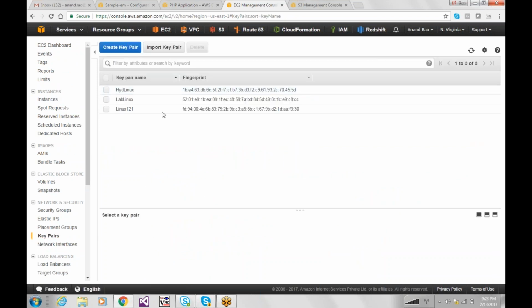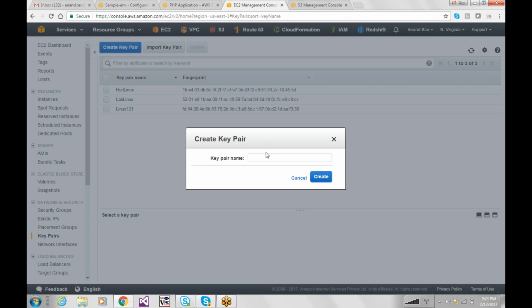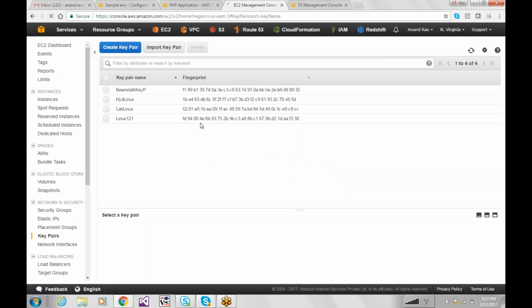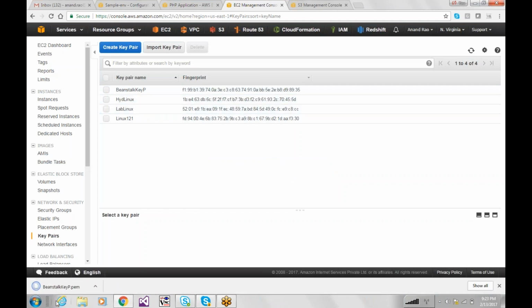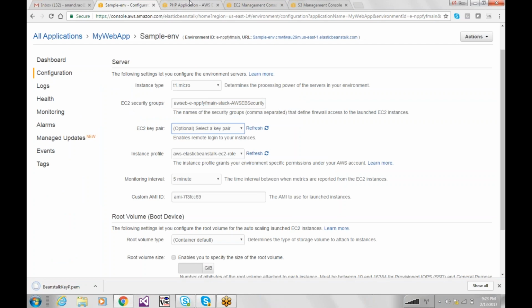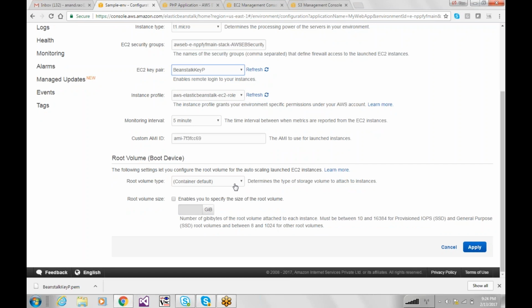So I have the list here, and if I want a key pair specifically for our beanstalk key pair, I can use this as well specifically for that, and it downloads it, and then I'm ready for that. Or you can also choose an existing one if you have it, right? You can add more hard drives. This is really easy for the developers because it's all about giving them